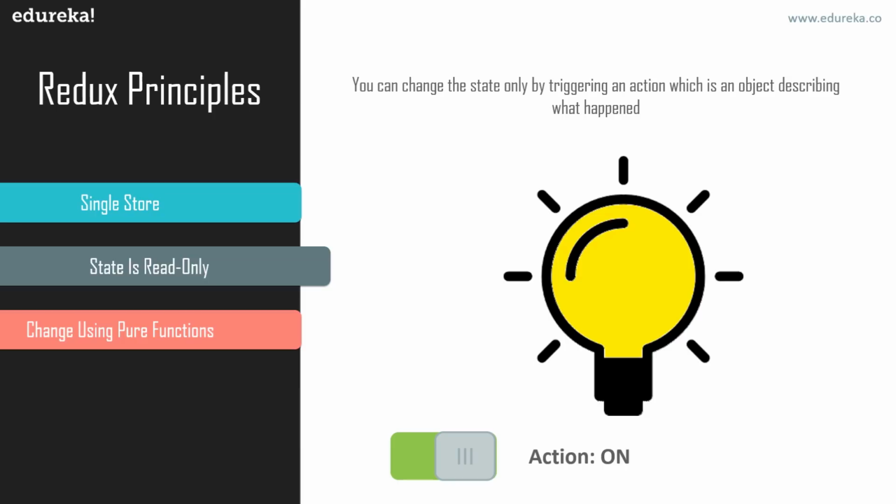It also enables you to persist your app's state in development for a faster development cycle. So we already talked about the single source of truth. We talked about state being read-only, the second principle of Redux, where the only way to change the state is to emit an action, which ensures that neither the view nor the network callbacks will ever write directly to the state. Instead, they express an intent to transform the state.